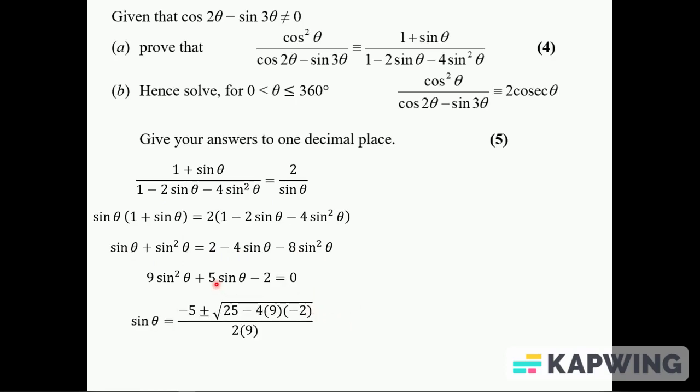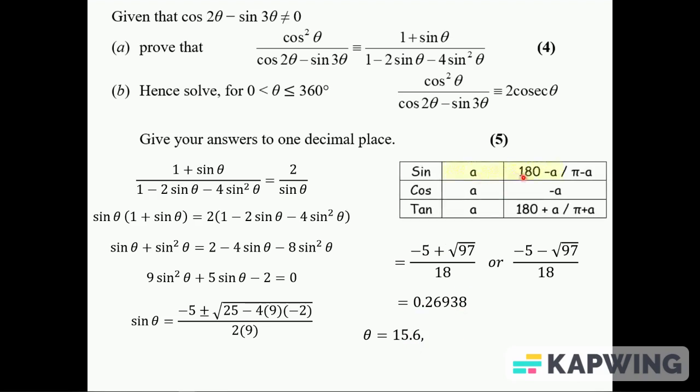Quadratic formula, I think. Minus b plus or minus the square root of b squared minus 4ac, all over 2a, or stick it in the calculator. It gives you these two possibilities. This first one is about 0.26938, or you just do sine to the minus one of this, and that gives you 15.6 when you do sine to the minus 1. Remember, when we're doing sine, we need to do 180 minus what the calculator says to get another possible answer, which gives you